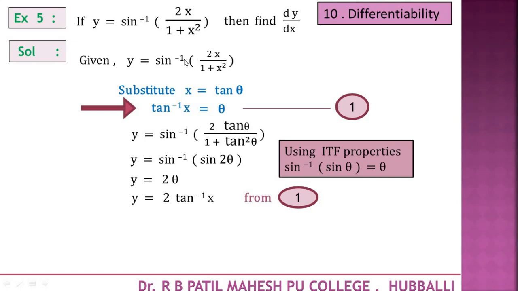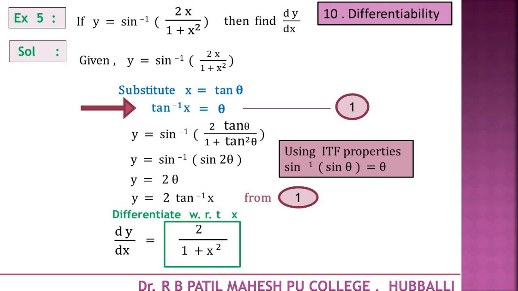So remember students, these two are the same. This is the complicated form and this is the simplest form, or you can understand it like this: these two functions are equal, they are the same. Now I differentiate this 2 tan inverse x function, which is the same as differentiating the given example. So 2 as it is, and tan inverse x derivative, you know that is 1 divided by 1 plus x square. So this is the derivative of the given example.